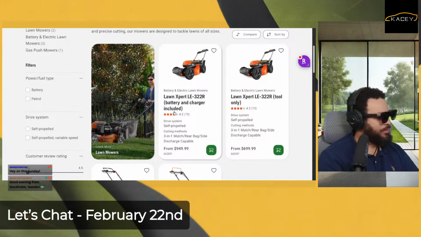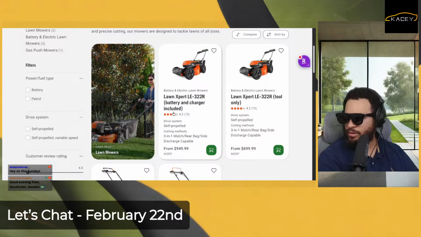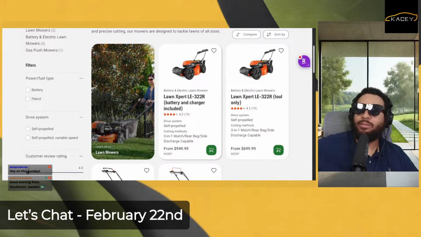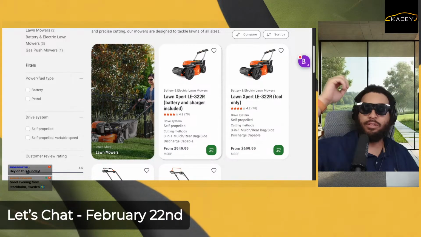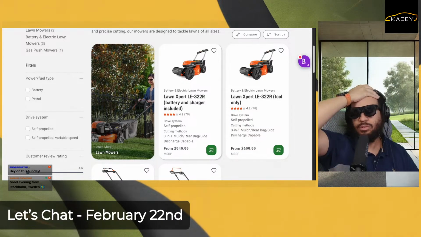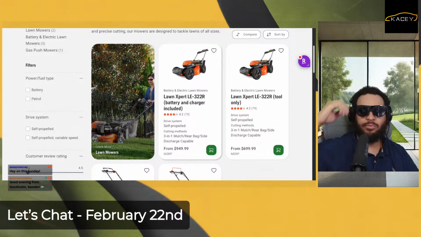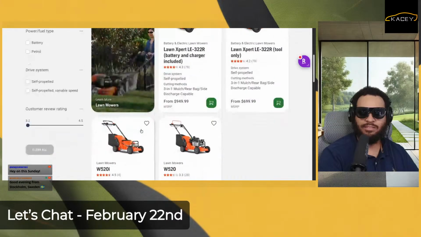So I told you guys about the, I'm trying to remember the name of the brand now, but the universal tool batteries. If somebody will do that for these power tools, I guess those are power tools too, but these yard tools, breaking us out of the proprietary batteries, they could make a killing.